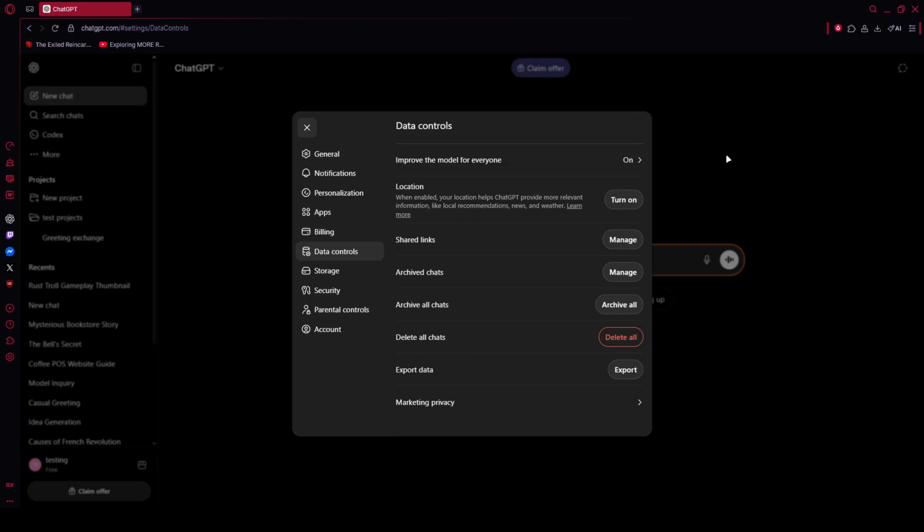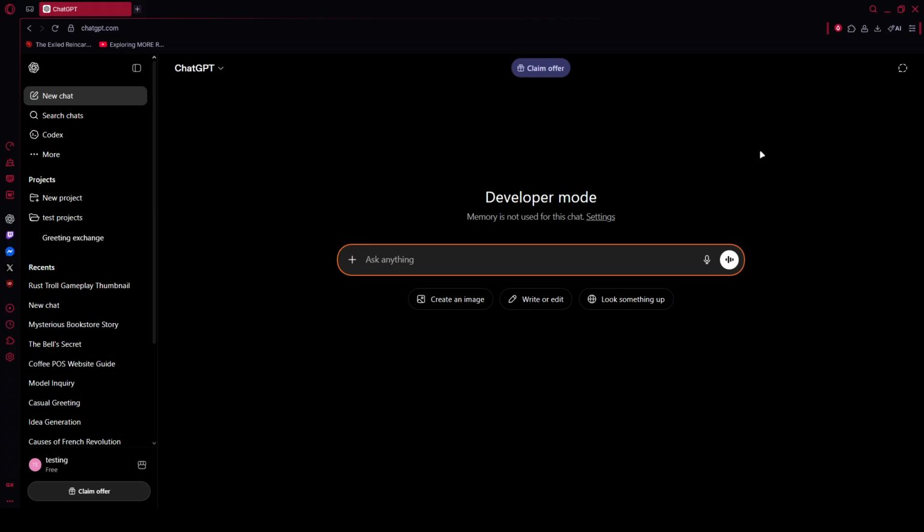If the sidebar doesn't reflect the change right away, simply refresh your browser page. Also remember that updates you make on the web will sync across